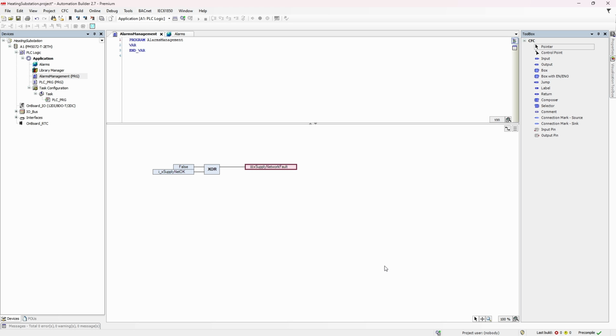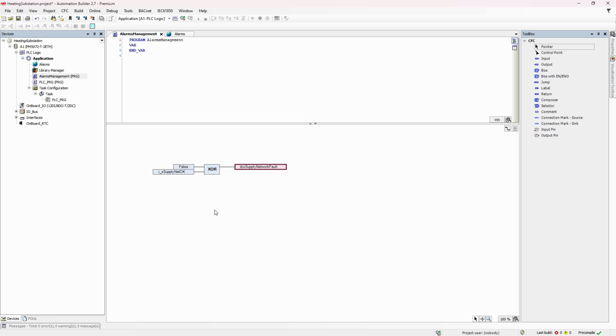Good. Now another kind of problem we have is that the type of relay contact is hard-coded. So if we needed to change to NC type, we would need to type true instead of false, and that's not possible without changing the control application and then uploading it to the PLC again. Then let's create another variable which will hold this value, right?